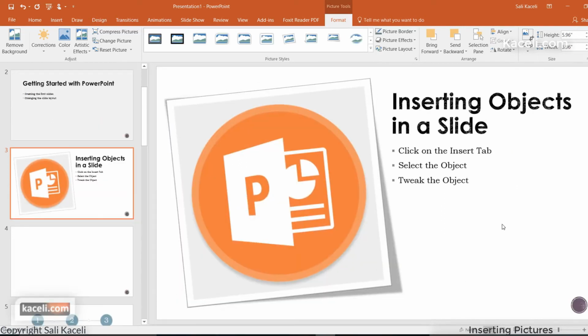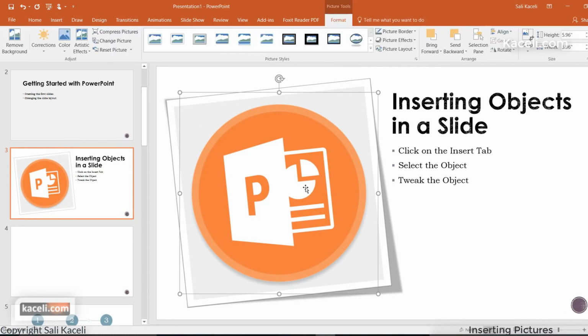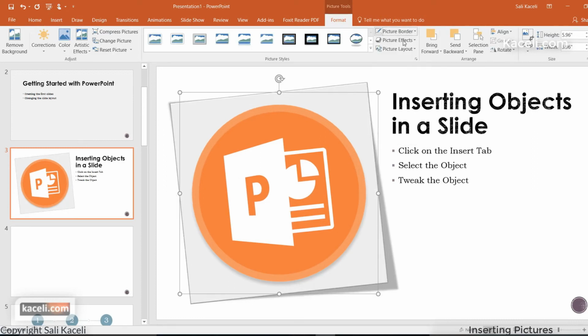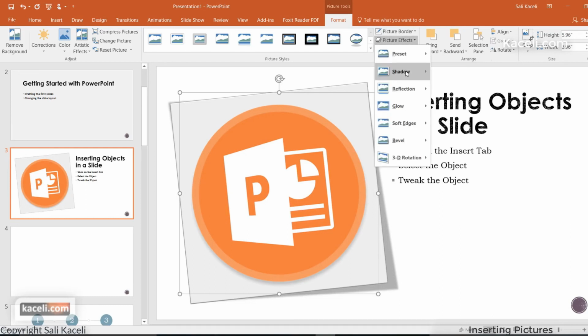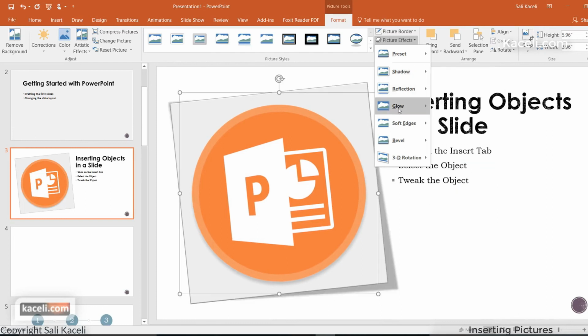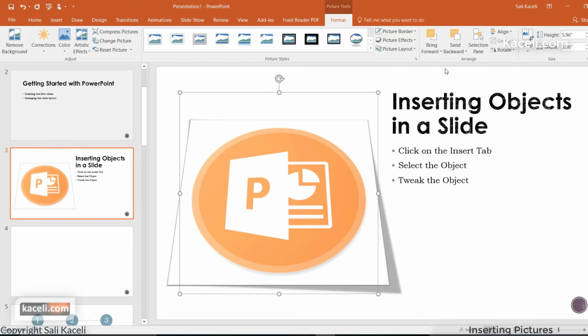Now, once you have chosen a particular design, notice that you can come back here under the Format tab for this object, for this picture, and you can change additional items here. So let's say you don't like an outline for it. Let's say you want to change the effects as far as whether you want shadow and such, or three-dimensional components. You can all tweak it from here. So the idea here is that you are selecting an object, and then you are looking at the tools available for manipulating this